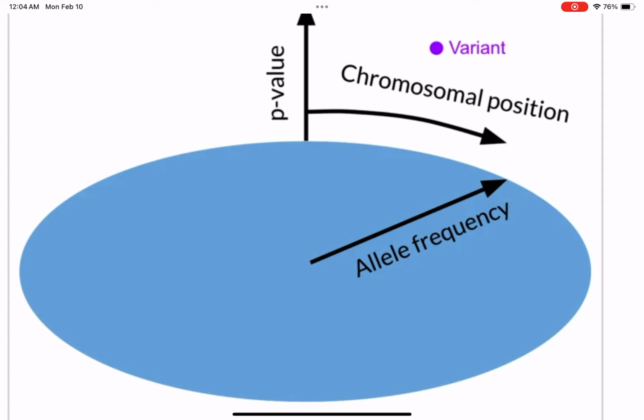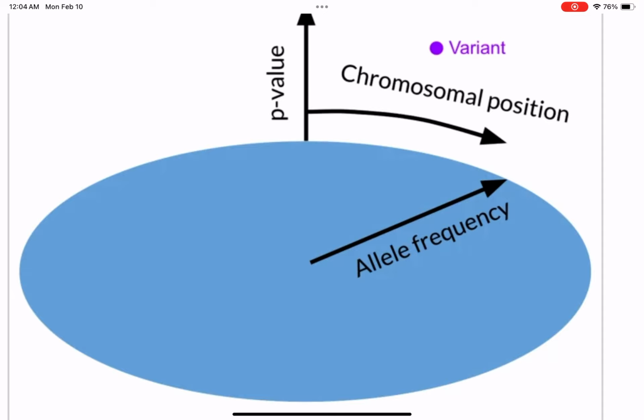Chromosomal position is indicated by the circumferential location around the edge of the room, while the height of the point indicates the negative log 10 p-value, and the radial distance from the center indicates allele frequency. Hardware requirements. BigTop was tested and developed in non-VR mode on a 2018 MacBook Pro with the following